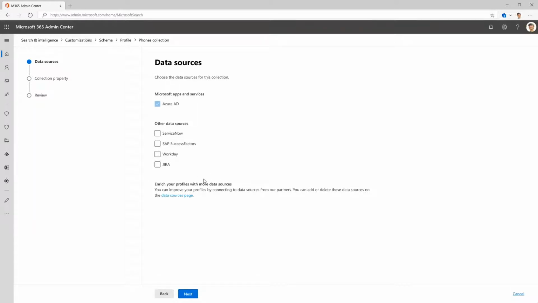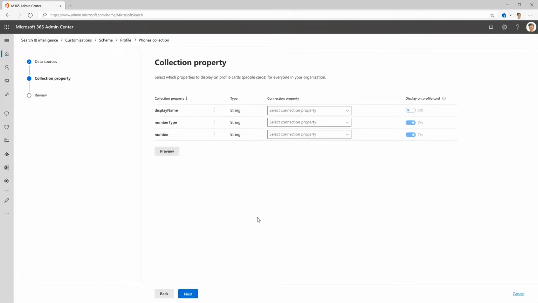Since in this scenario we are only focusing on SuccessFactors, you can go ahead and pick the SAP SuccessFactors connector. But this model would work for any graph connector that brings in profile data from HRMS systems like Workday, ServiceNow, or Oracle HCM, etc. So for this scenario, Andrews chooses the SAP SuccessFactors data source, clicks on Next, and in this step, Andrews does